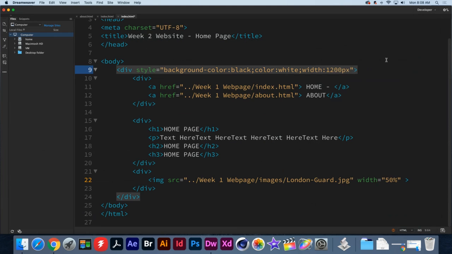Okay, we don't want to set specific pixel values because the ratios change depending on how big the browser is, whether it's on a phone, a tablet, or a desktop. Okay, so percentages are for responsive web design. I'm going to save that, put a semicolon in there, save that. Now, if you watch,